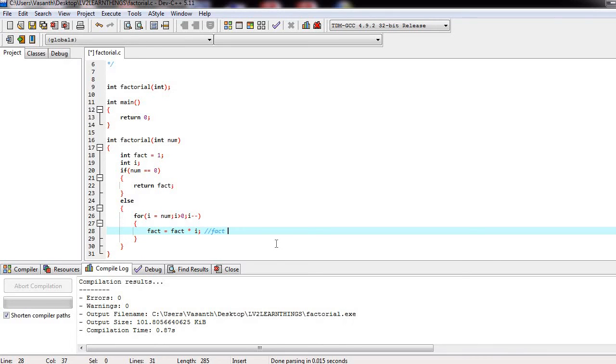So as part of the first iteration, the value becomes 3, and the second iteration value becomes 6. Third iteration factorial value becomes 6. So I'm going to return this to the main function.